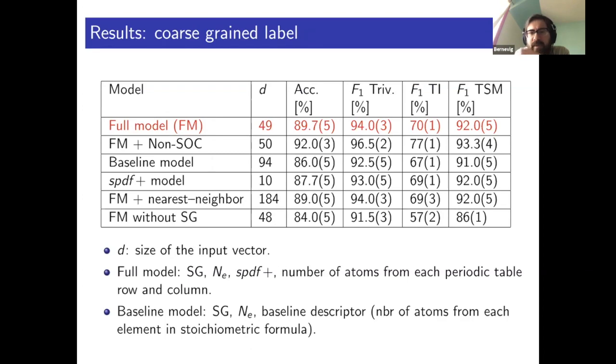So for semi-metals and for trivial systems, the accuracy was quite high, about 90%, but for TIs it was about 70%. We sort of understand why this is true for semi-metals, because sometimes only the electron number will tell you if there's a semi-metal or not in some symmetry groups, but we don't fully understand why we can't get to, say, 90% for TIs. One of the reasons might be that these are still small samples for machine learning techniques. So with that, I wanted to close, and thank you for your attention.